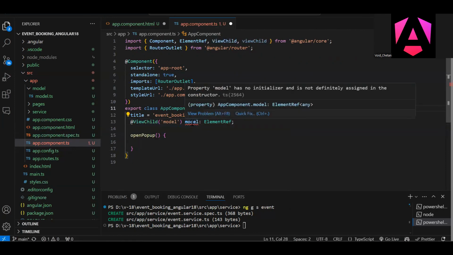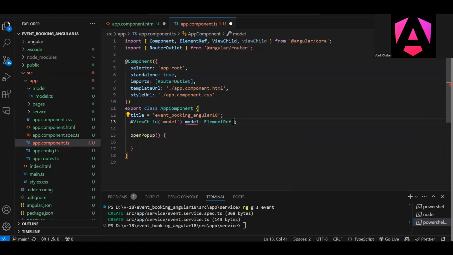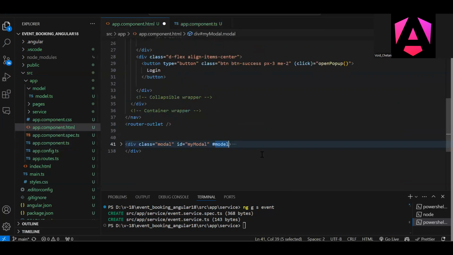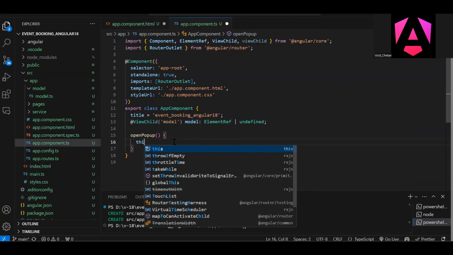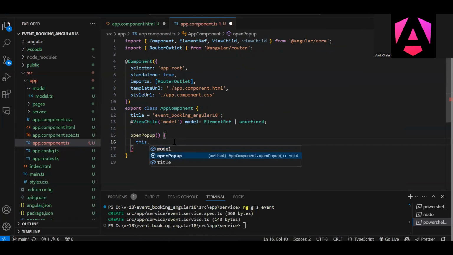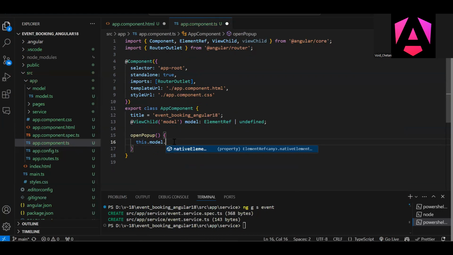So it will be showing like it has no initializers. Now let's add an undefined check. Okay. So we have created a view child and this view child is going to be connected with this modal popup. Now on this button click, we have to add if this.modal.nativeElement.style.display. We are just adding a dynamic style to that particular element is equal to block. What it is saying,